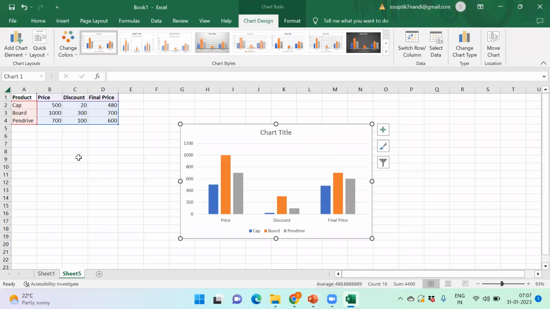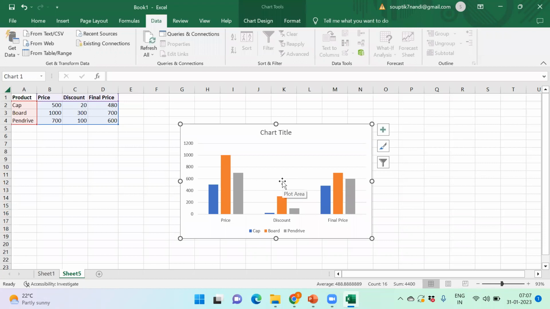Okay, so I just converted the data into this bar chart. You can see this is representing the price of cap, this is the discount of the cap, and this is the final price of the cap. We are splitting the entire setup on top of product first of all. Then we have to calculate the final price over here. The same type of data can be calculated. I will create the same bar plot again, but I'll be splitting this in a separate manner. Let me show you.